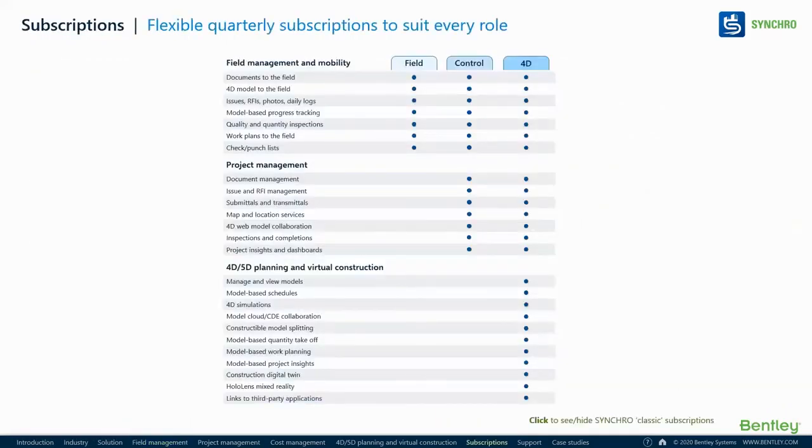So I think I have only 2 minutes. What exactly is the Synchro 4D platform? As I mentioned, we have 4D and 5D planning and visual construction. We have control for the project manager,